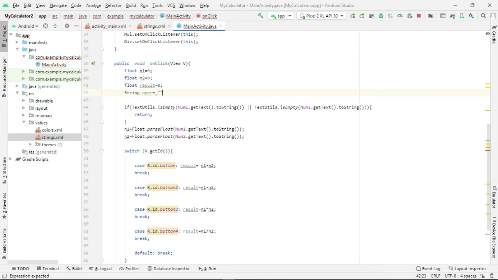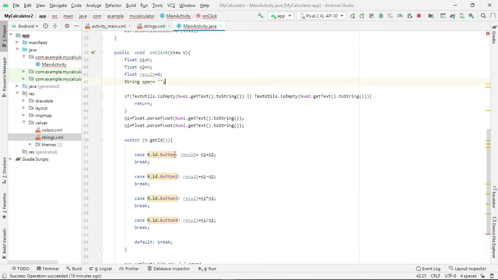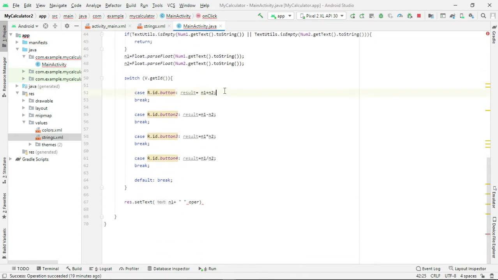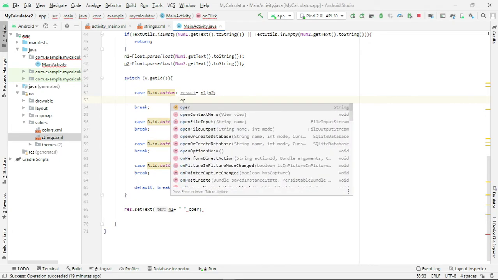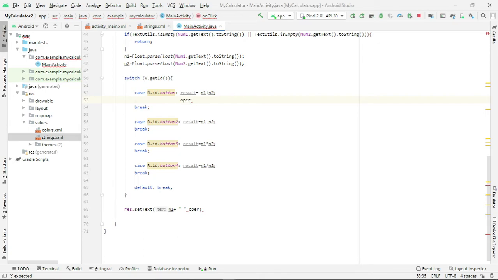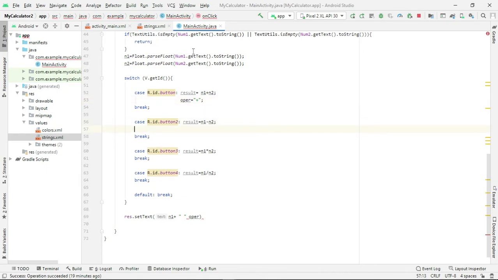Initially let it be empty. Now if it is an addition, you are supposed to display plus. Okay, the operator is plus for the addition case.